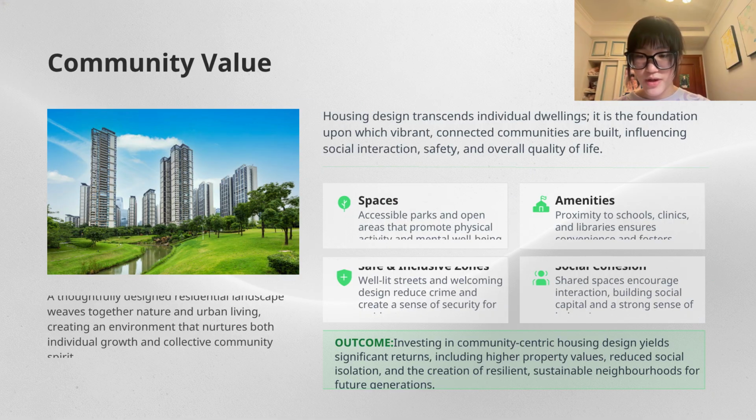I'd like to talk about housing design and the real estate market from two perspectives: community value and economic factors. First, let's look at the community value. Housing design is far more than building individual houses. It lays the foundation of lively